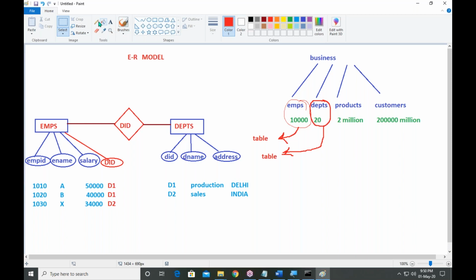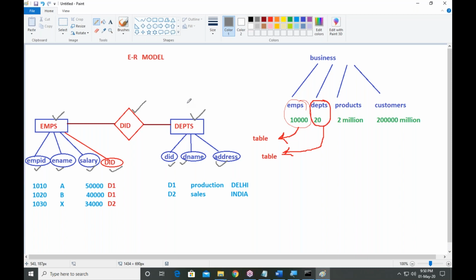Objects are represented with rectangles, and properties are represented with ellipses. These are called properties. The relation between objects is represented with a rhombus.